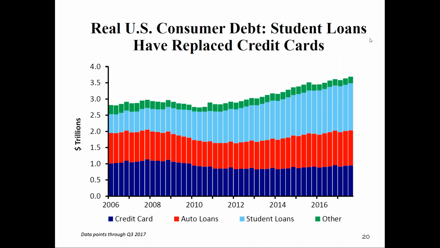You'll see real consumer debt. And it's broken down into credit cards, auto loans, student loans, and other. This does not include mortgage debt, so-called consumer debt. The most interesting thing is that you can see the auto loans have stayed about the same. They've gone up slightly, but that's because as the population grows, there are a few more autos out there with a few more loans on them. The credit card debt over the last decade has gone down notably in real terms. The student loans have gone up dramatically. And what has really happened is people have swapped short-term, expensive, always coming due credit card debt for consumer loans in the form of long-term interest forbearance periods,